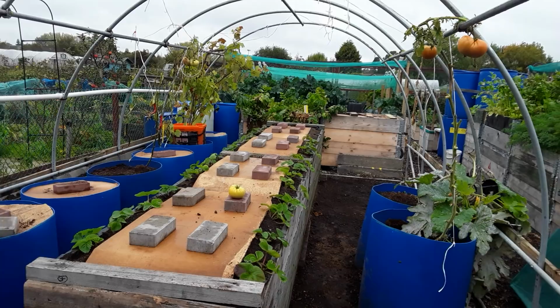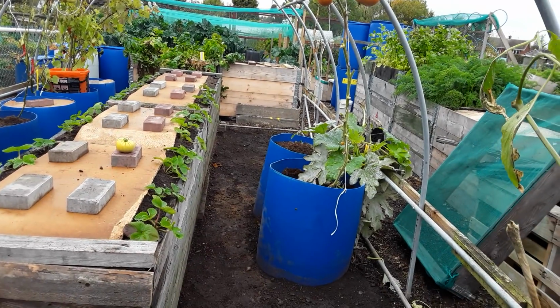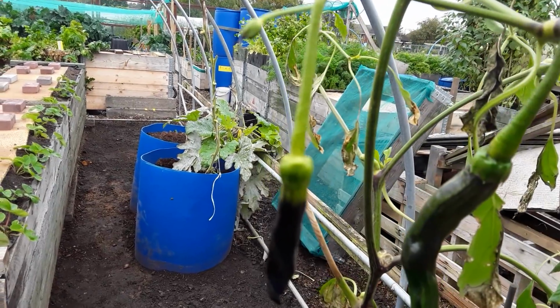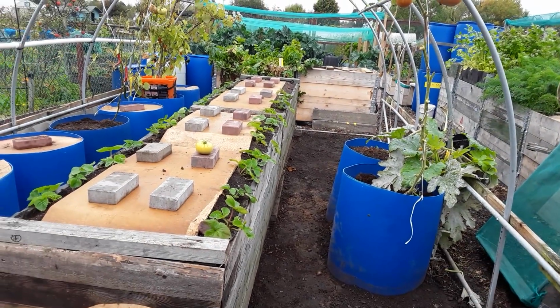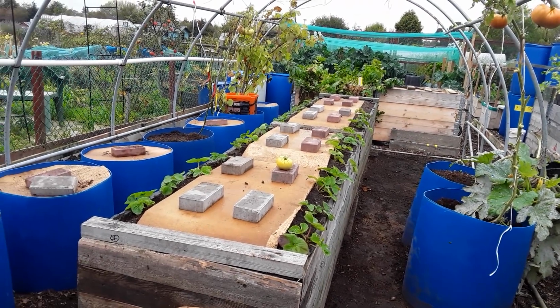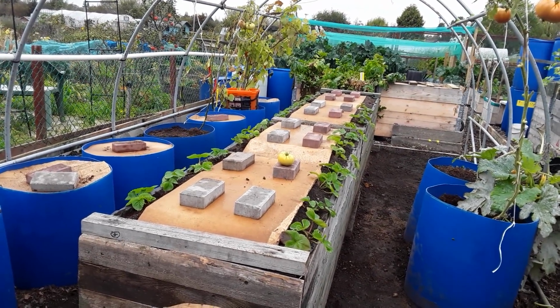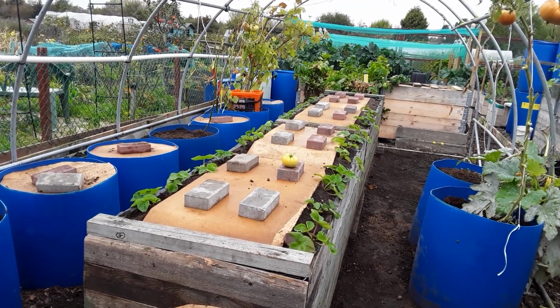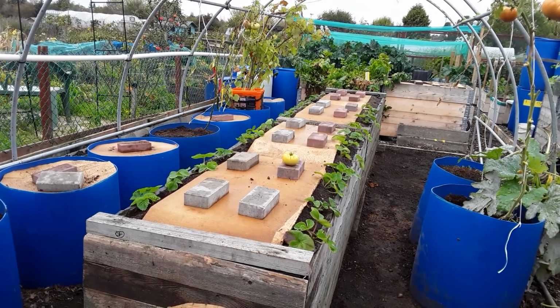So this is my polytunnel. I'm taking the blue barrels out of this side. You can see the gaps as the plants finally give. There's 1 or 2 courgettes on that one up to the right of you. This has been cleared out now, and this has just had cardboard on. I've planted the strawberry plants down the side. I'm just short of 5 strawberry plants,